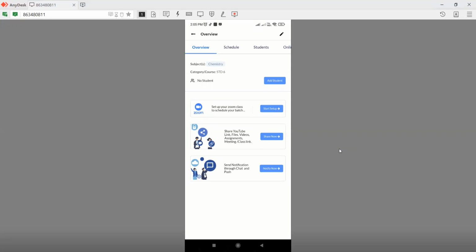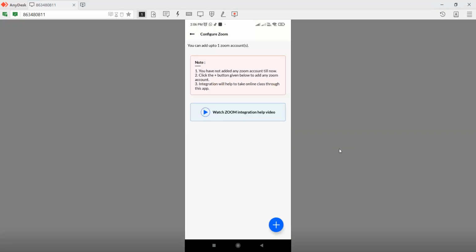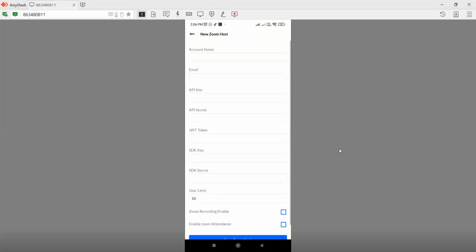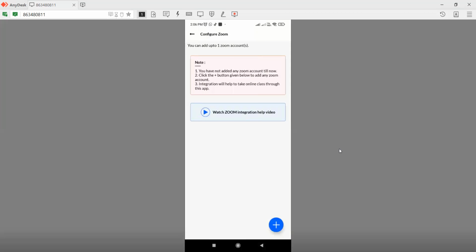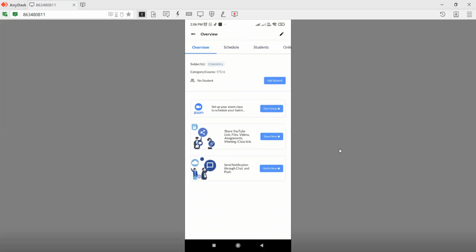Here are more options, as you can see, like for the live classes. For the live classes, you can set up the Zoom settings. Go to the settings and set up your account for Zoom. From here, you can add your Zoom classes and take your live classes as well. Another option is to share your YouTube files.